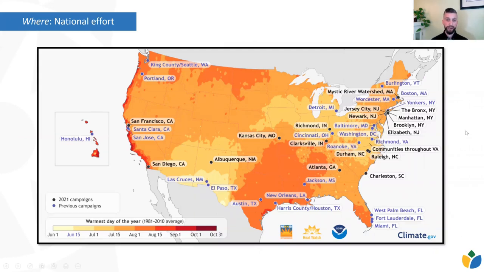And to give you a sense of where we're conducting these campaigns, we are all across the nation. We've done this in over 50 locations, some of which are highlighted here on the map, including small towns, Abingdon, Virginia, all the way up to New York City, and with a focus on places that are experiencing in these cities greatest disparity in terms of vulnerability to heat and other climate hazards. So we're really trying to focus on these areas facing issues of environmental justice,